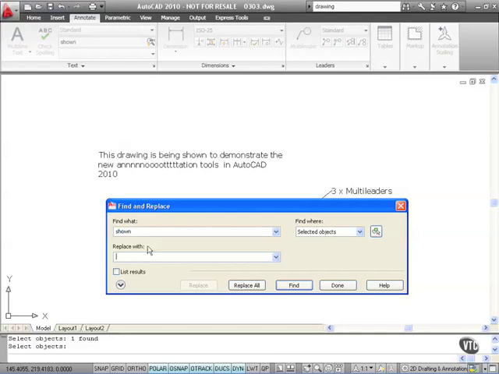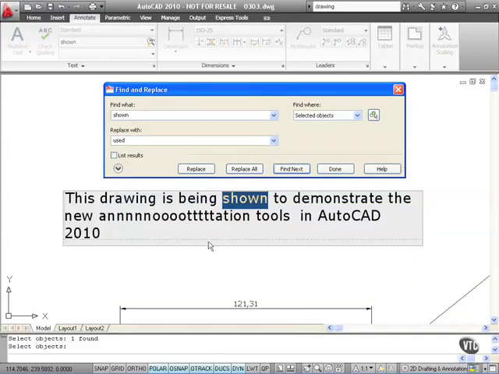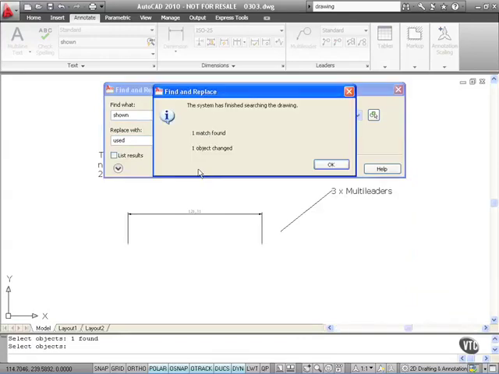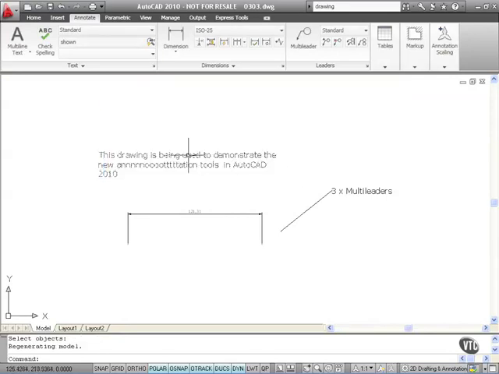I want to replace it with the word used, like so, and all I do now is hit the word find. So it's finding anything in this area of multi-line text only. So I hit find, and you'll see that it looks exactly the same, but it's narrowed the search down to that one particular multi-line text object. So I hit the word replace here, the little button here. It replaces that and tells me one match found, one object changed. I click on OK, I click on Done, and as you can see now I have the word used there